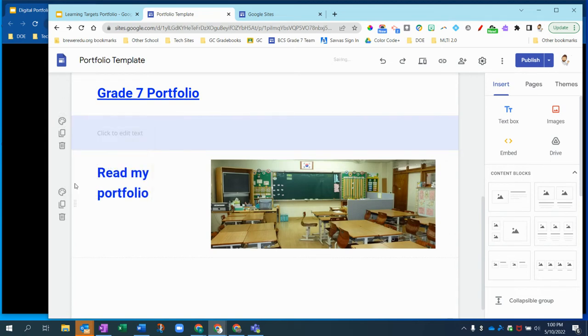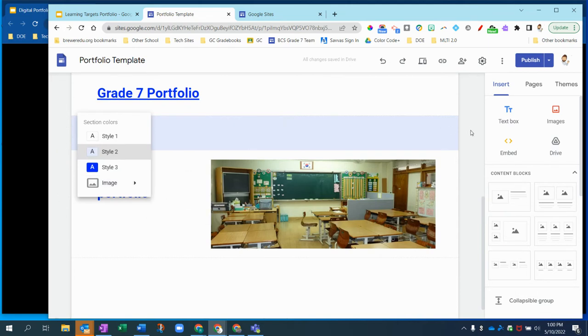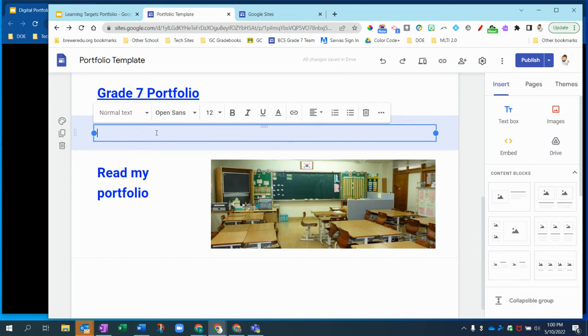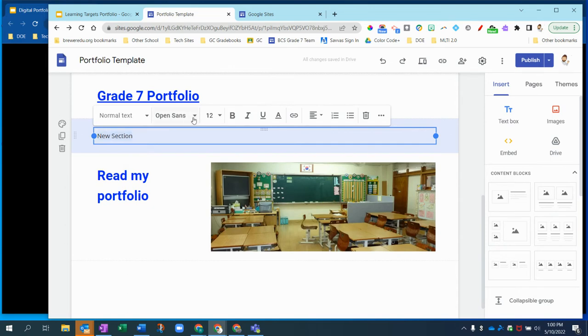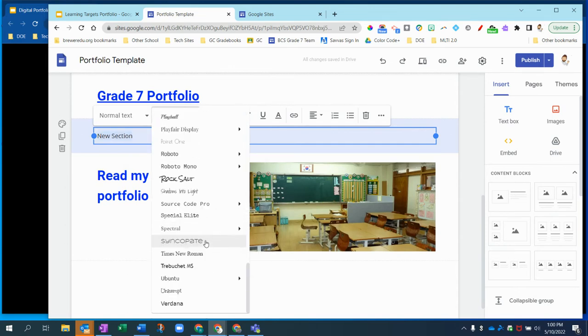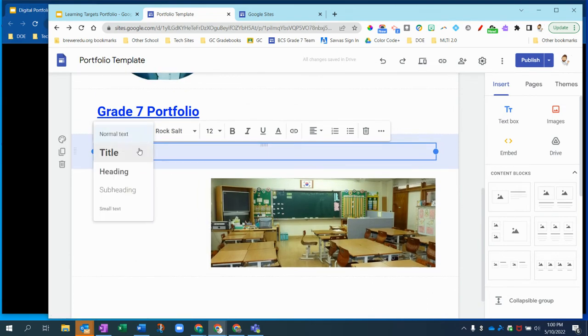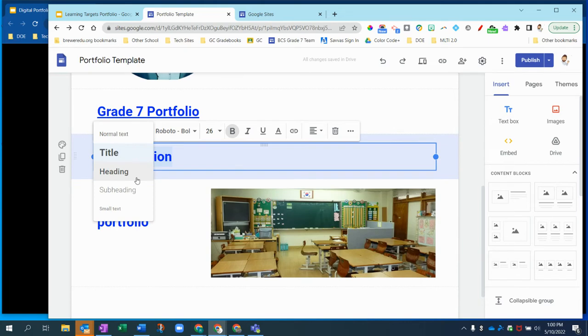All right, I could section it out and color it differently. Image for this area. That's how you can make your own headings and your different areas stand out, is with those colors and pieces. When you type in text, you can edit that text with quite a few fonts now. That's been a new thing that they've added, so you can change the fonts. You can change what's going on here for